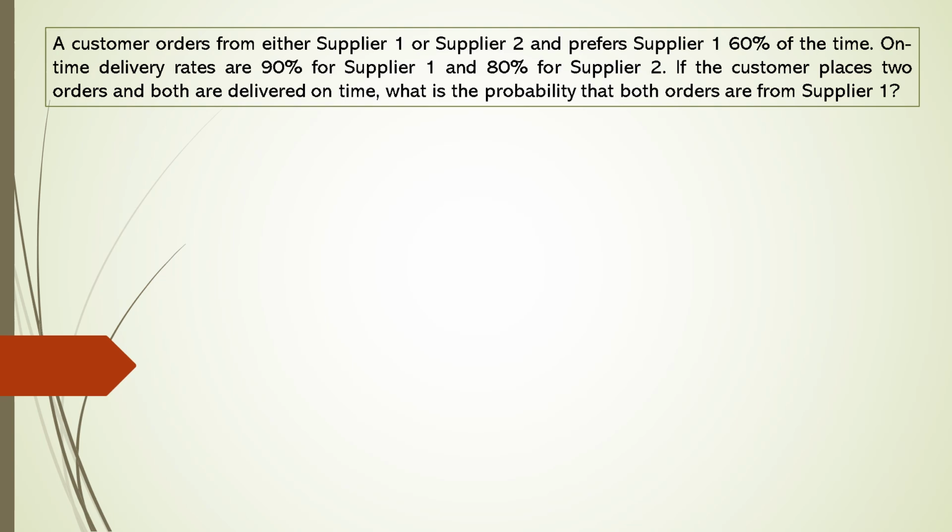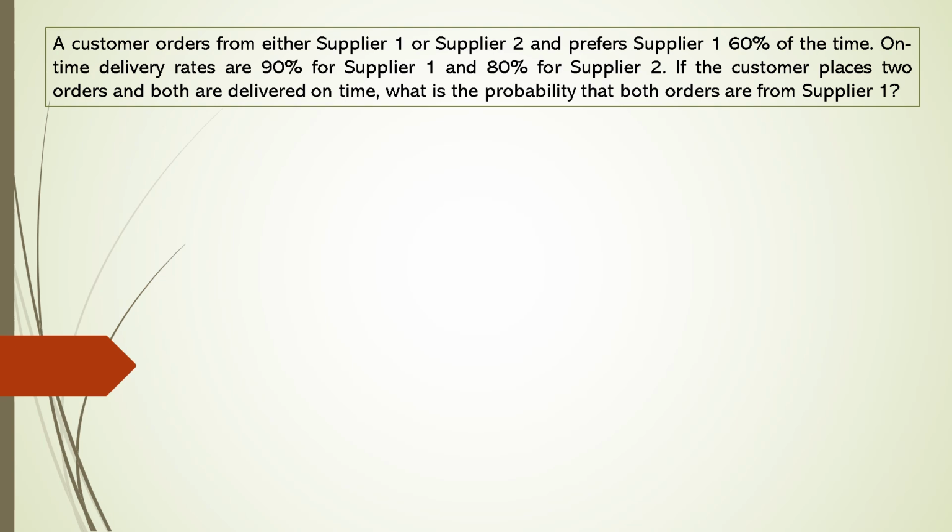Now I'm going to build a tree diagram to show the probabilities for this question. Now the question is, a customer orders from either supplier 1 or 2 and prefers supplier 1 60% of the time. On-time delivery rates, 90% for supplier 1, 80% for supplier 2. If the customer places 2 orders and both are delivered on time, what's the probability that both orders are from